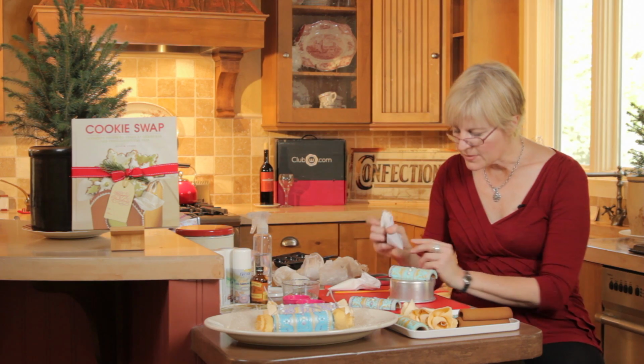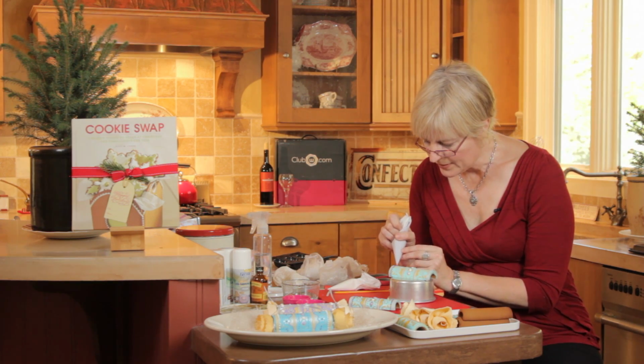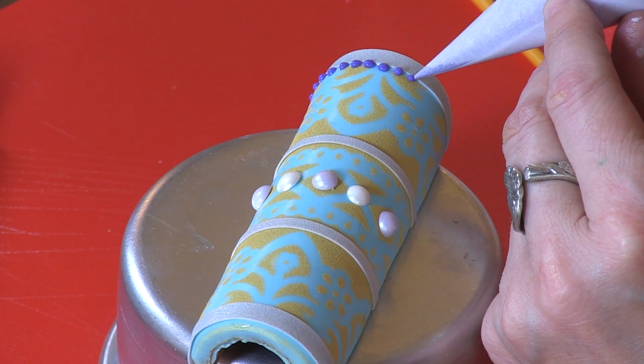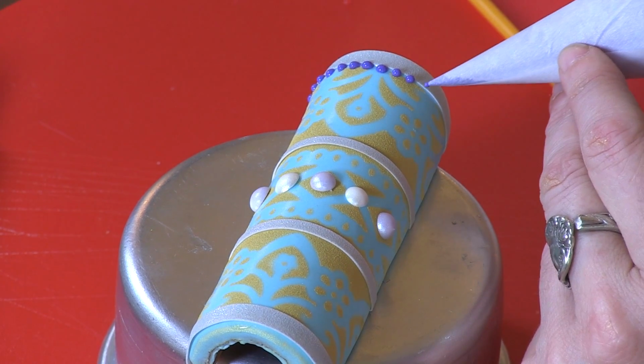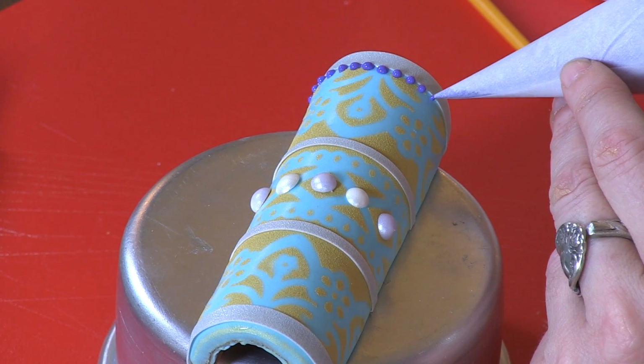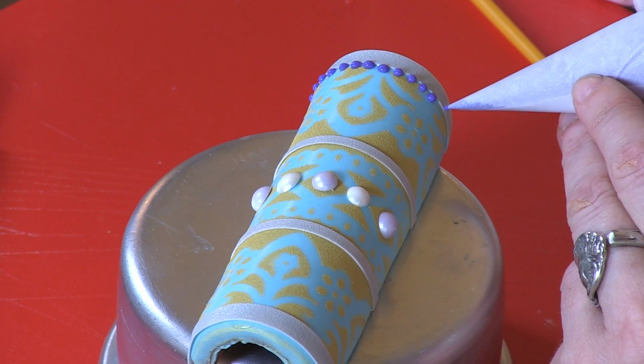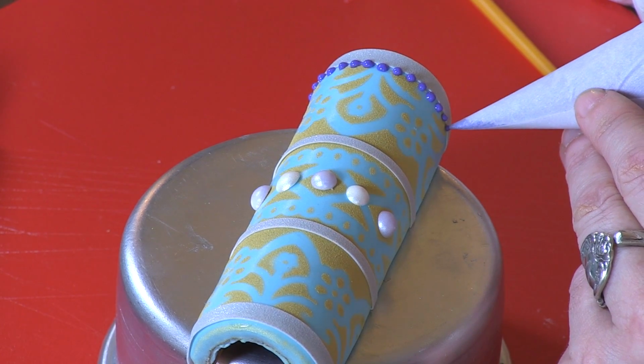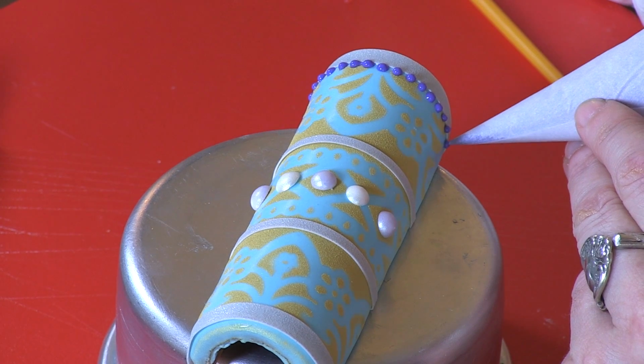And I'm just kind of looking from the side to make sure my beads are going down nice and uniformly on the side. This is a piece that I'm not sure it helps to elevate because I'm also piping on the top of it as well as the sides. So I've got to kind of see it from every angle. So I'm going to crouch here a little bit as I go around the side